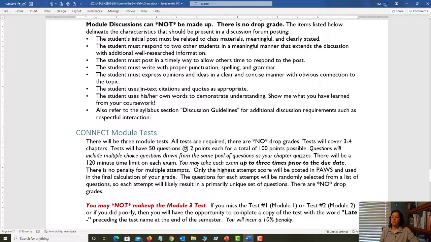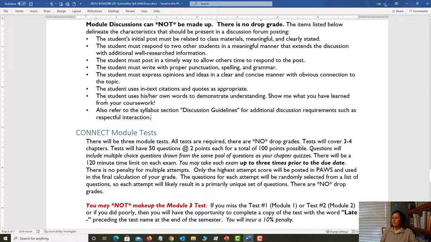Okay, so I know you know how to do in-text citations, part of English Comp 1, and again, I'm not looking for a term paper, just something that's well thought out and rooted in facts, and I want you to help me find those facts, and how you interpreted those things. That's where your opinion kind of comes in, and how you demonstrate your knowledge.